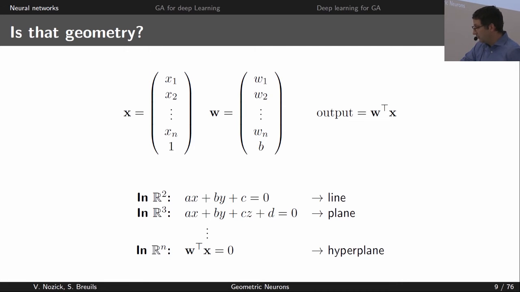So if we just consider this expression in 2 dimensions, then we get ax plus by plus c. That can be equal to 0, so it looks like a line equation. In R3 it becomes a plane equation, and in any dimension it will be a hyperplane. So it looks like we are already doing geometry, and the weights we want to choose for the neuron are something like choosing the best plane that can separate a set of points. So, okay, we already started to do some geometry that will be strongly affected by the next step.